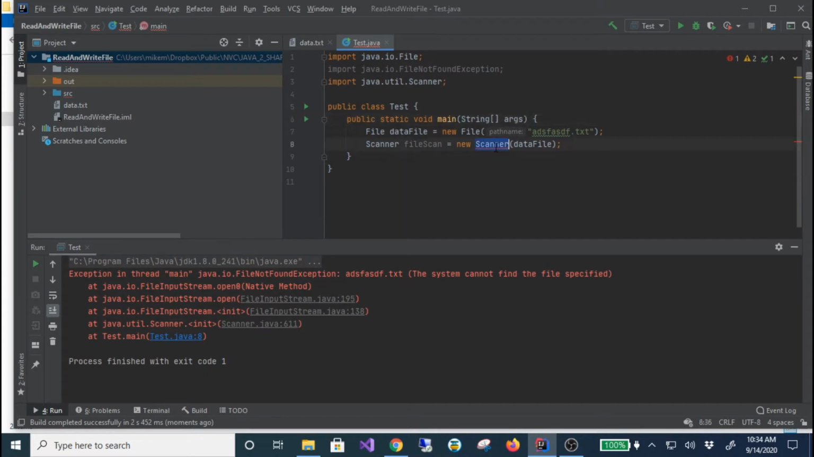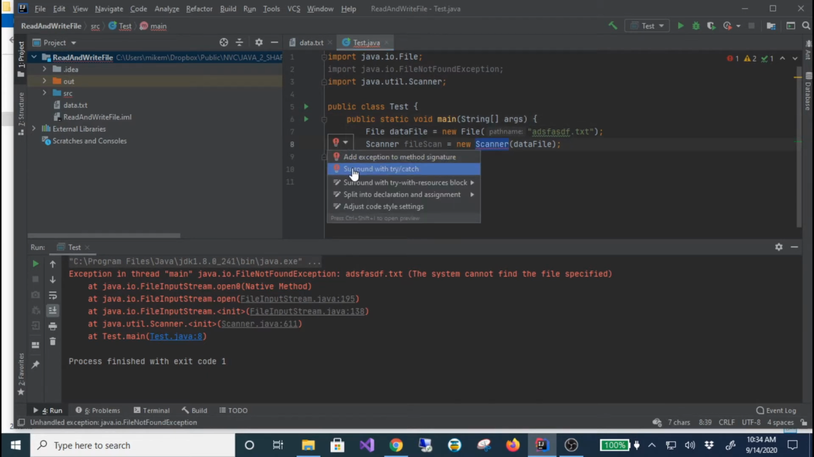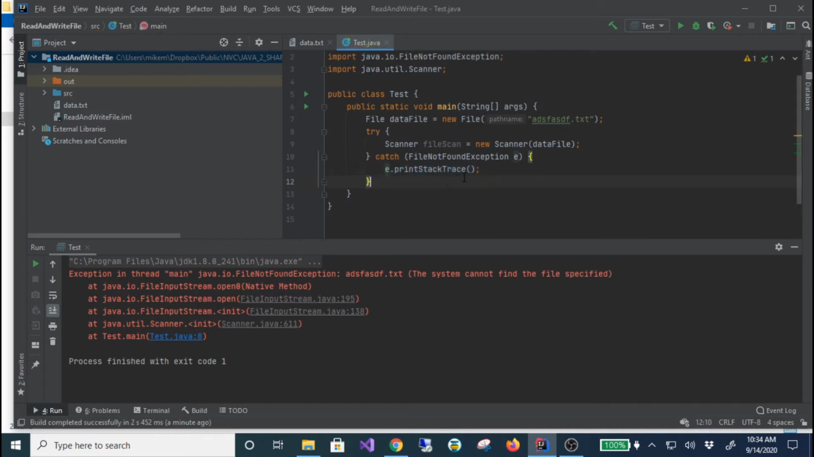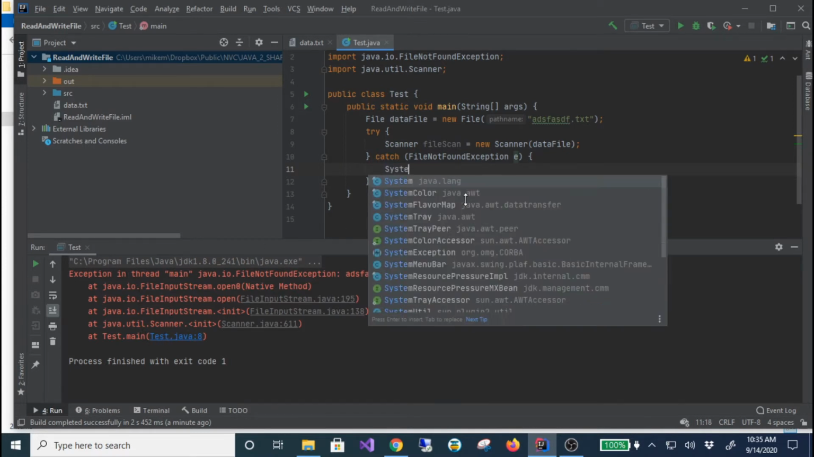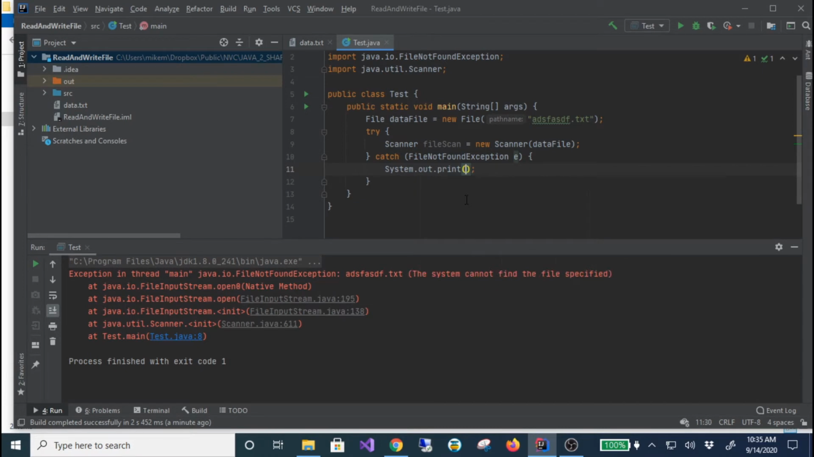Okay, so I can highlight this, click on this red button, and then surround with try catch. Here they're printing out the stack trace. The stack trace is basically the list of commands or method calls that failed. But what I want to do is just put a nice little error message that says